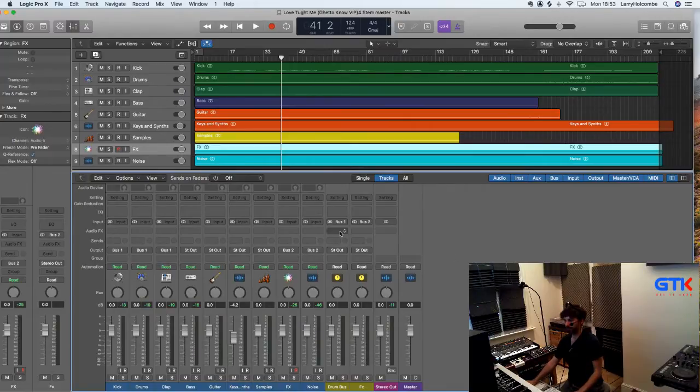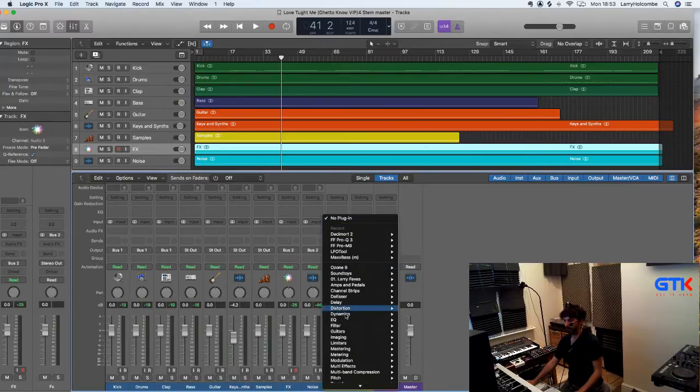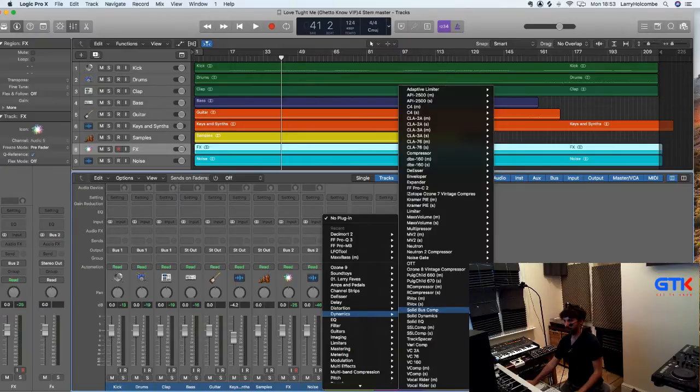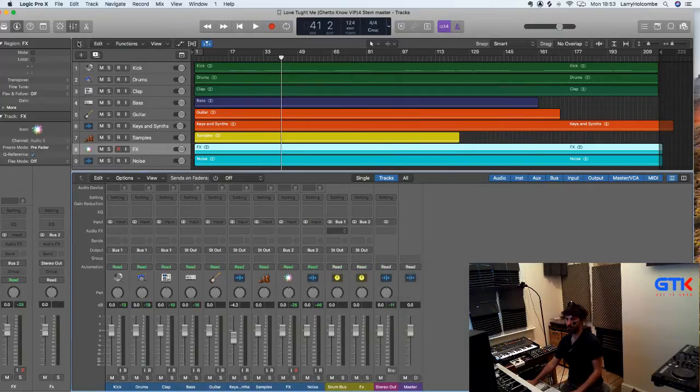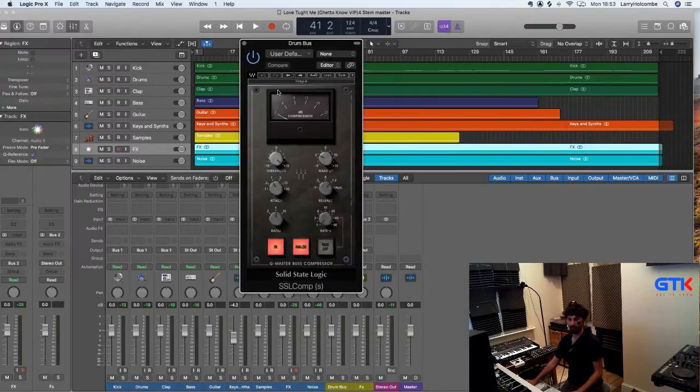Okay, so let's have a look at the drums first of all. What we can do is add a bit more front-back depth to things, and we could also try and add a bit of character. A good one for character, kind of tried and tested, is an SSL compressor. Now I'm going to use a 30 millisecond attack, which means that the transient is going to pop through. I don't want to squash the transient. And the release time, I like to go for